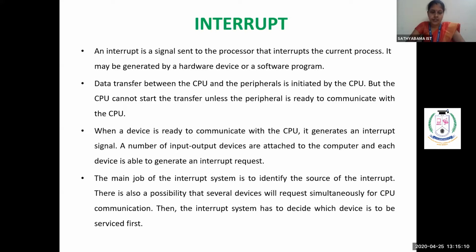Now you understand what is meant by interrupt. An interrupt is a signal or condition sent to the processor. It disturbs the CPU: it is executing one program, and it stops suddenly and services the interrupt signal. Simply, we say it is disturbing a program. That is called an interrupt.